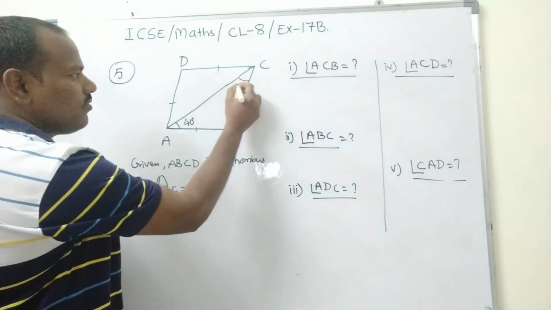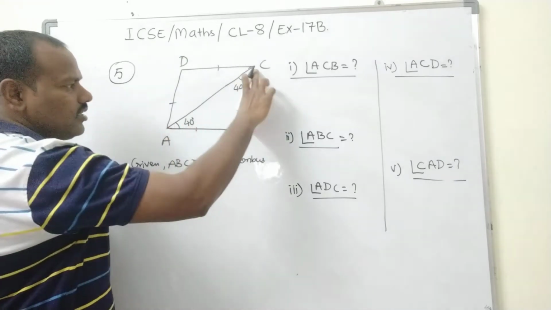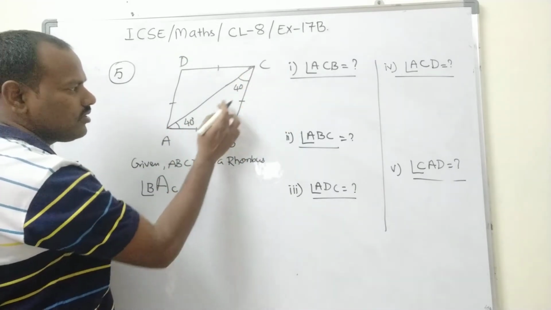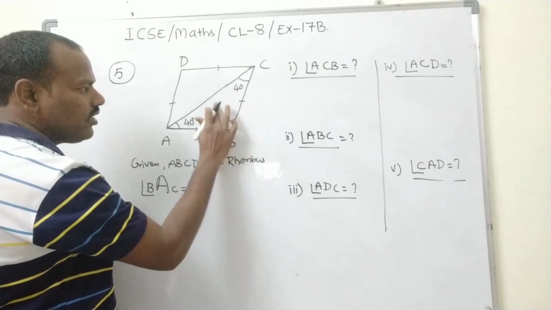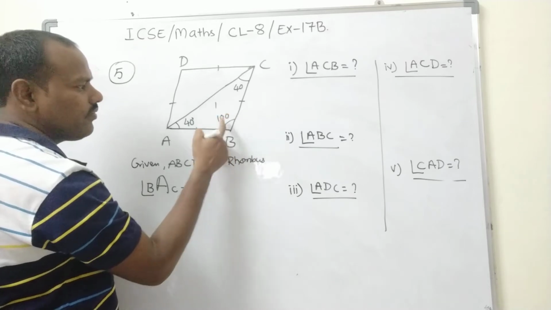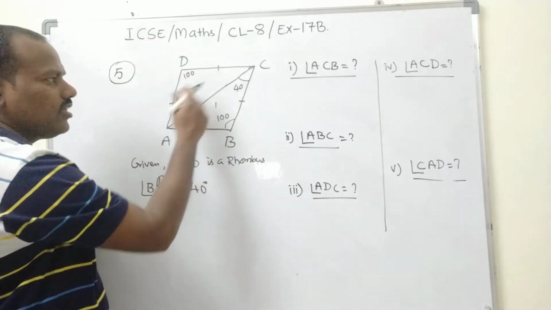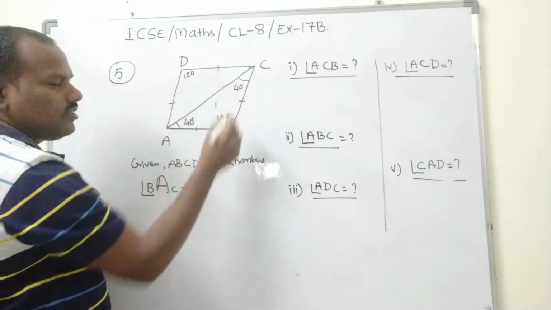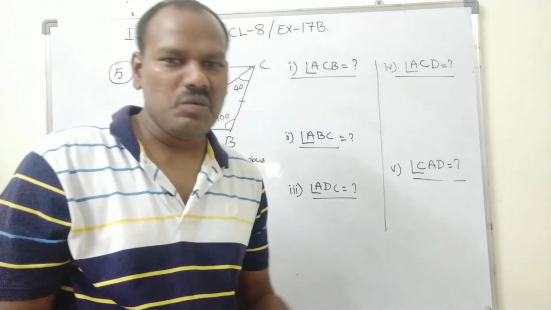Now let us see. So this will become 40 degrees because it will become an isosceles triangle. AB and BC are equal, so opposite angles are also equal. Triangle: 40, 40, 80. 180 minus 80 equal to 100 degrees. If it is 100, this is also 100. Finish. Remaining two angles also equal. So this is 40, that is also 40. Finish. But in the exam we have to write the proper statements.